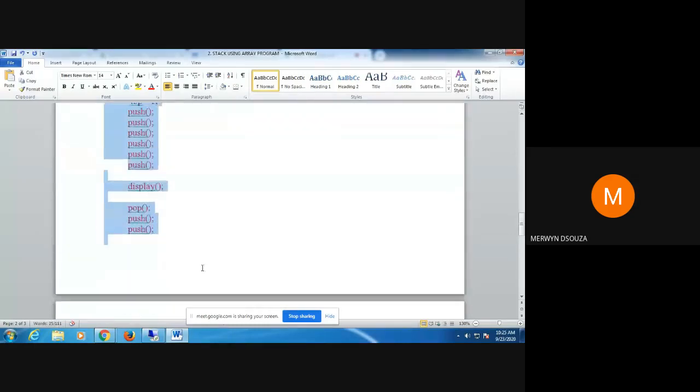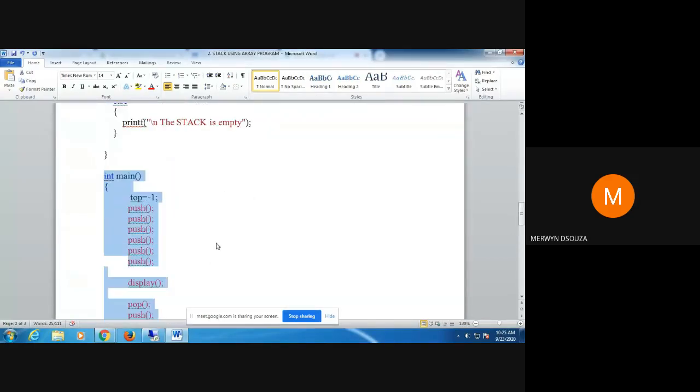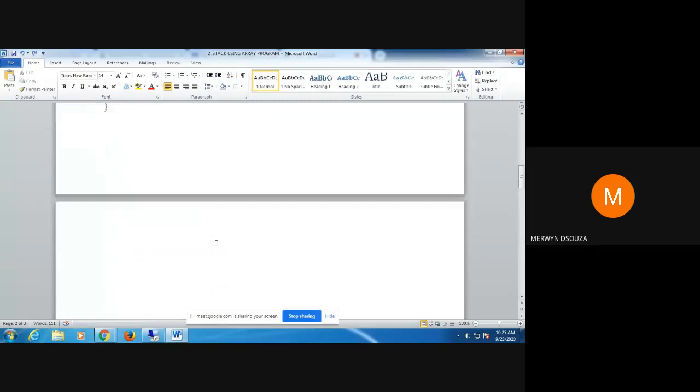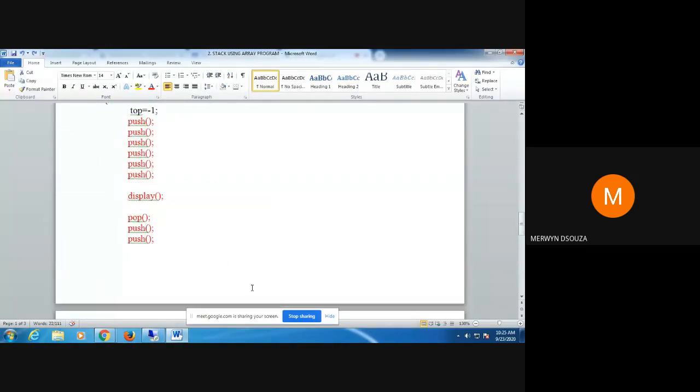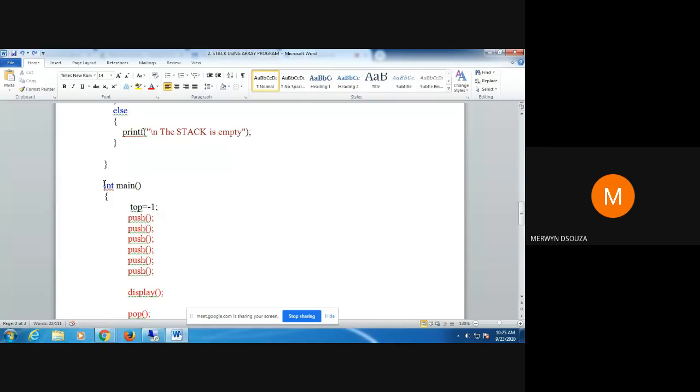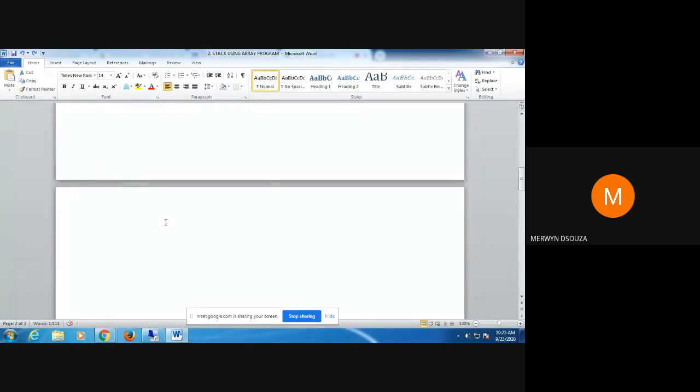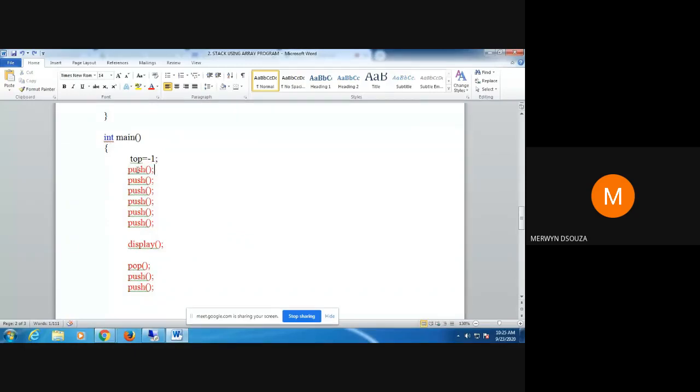This is your bottom up programming. In bottom up programming you don't need to define function prototypes. We're already defining the functions before the main function, so when you call a function, it has already been defined before it is called. That's why you don't need the prototype.